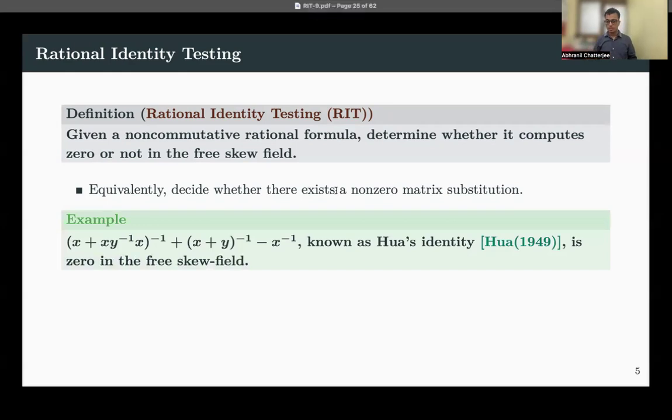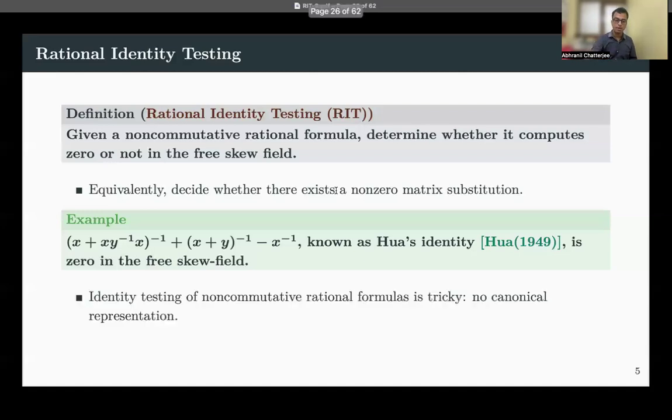Consider this example, which is famously known as Hua's identity. It is actually a rational identity. You can check that for every matrix substitution, it is actually zero. So you can guess the non-triviality, the difficulty for this problem comes from the fact that it doesn't have any